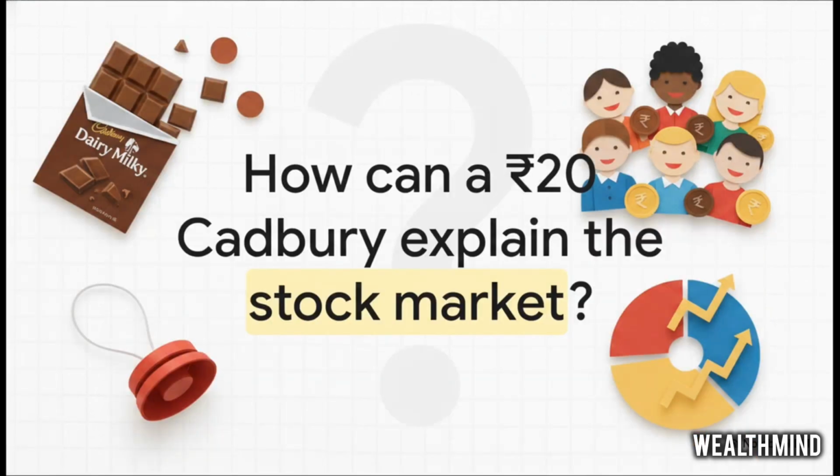First off, I want you to picture something super simple, a 20 rupee Cadbury chocolate bar. Now, how on earth could this possibly explain multi-million-dollar corporate finance? Well, think about it like this. Imagine you have this chocolate bar and it's got 10 pieces. Let's say you really want 10 rupees to buy a toy, like a yo-yo. So what do you do? You open the wrapper and you offer your hungry friends one piece of chocolate for 2 rupees each. 5 of those friends buy a piece. Boom. You've just made your 10 rupees and you still have half the chocolate left for yourself. Believe it or not, this exact mechanism is the absolute foundation of the entire global stock market.